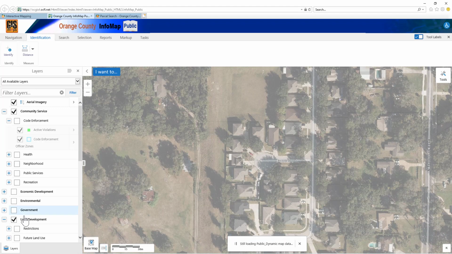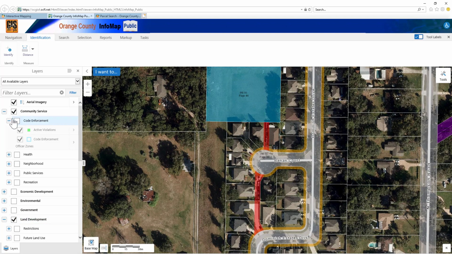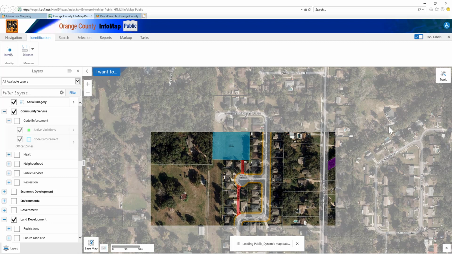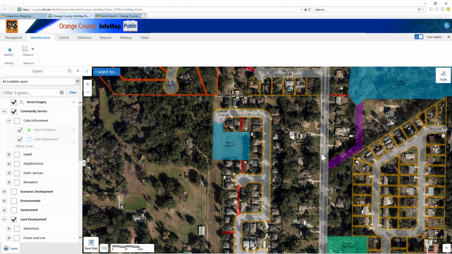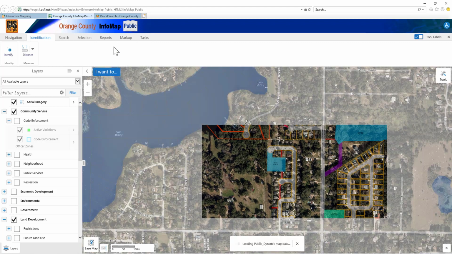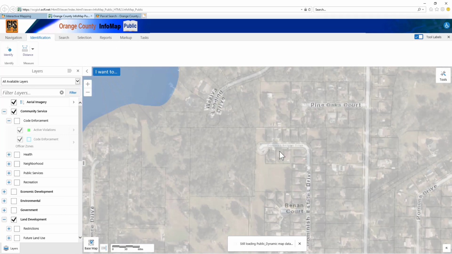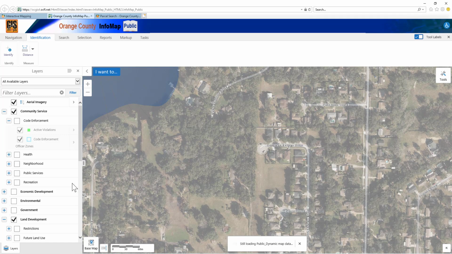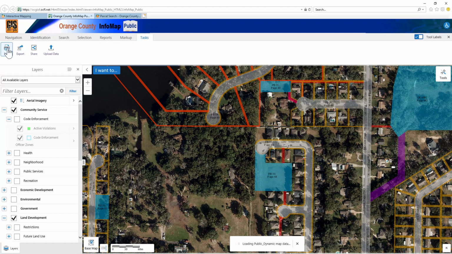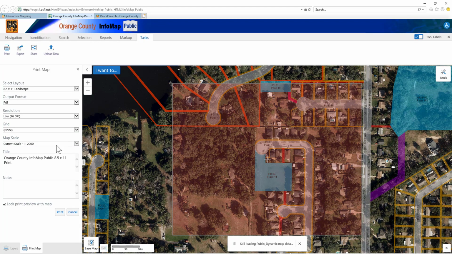Again, I'm not as familiar with Orange County as I am Osceola County. You also have purple. My guess, off the top of my head, is going to be a power easement or a larger utility easement. What we can do, let's say we wanted a markup of this map, and we'll get a legend. So if I go to tasks, and I say print, I should get a nice print area, and we can say